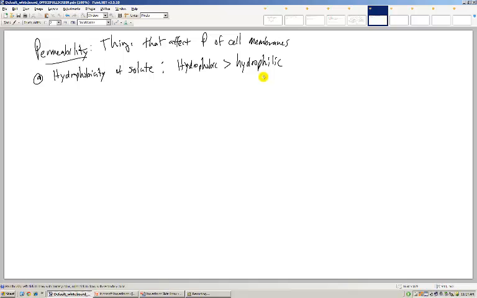So you may remember from A&P 2 that there are hormones like thyroid hormone that is pretty nonpolar, and it passes quite readily through the cell membrane, is quite permeable to that hormone. Whereas other hormones like insulin are water soluble and they really can't pass into the cell at all. Okay,